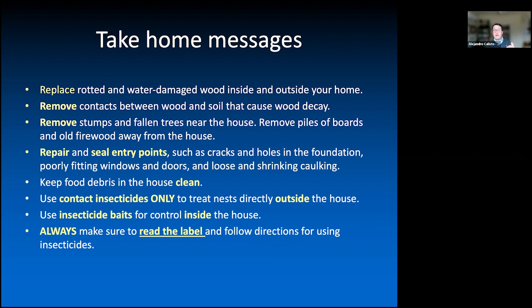In your house or around your house, just look at those areas where you think the ants are getting inside the house. So all those holes, make sure you seal those. Keep your kitchen clean, which of course I preach that, but of course I get my daughter, as I said, and they open all the candies and they have the buffet for all these ants. And just try to avoid using contact insecticides. If you want to control the ants inside your house, make sure to use toxic baits. Those are the best way to control them if you use them accordingly.